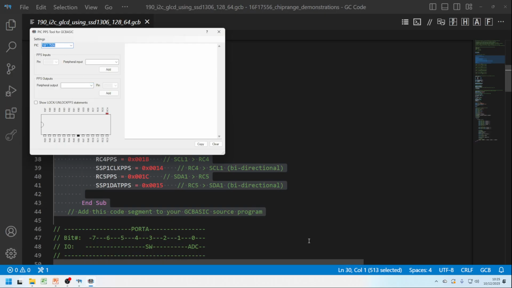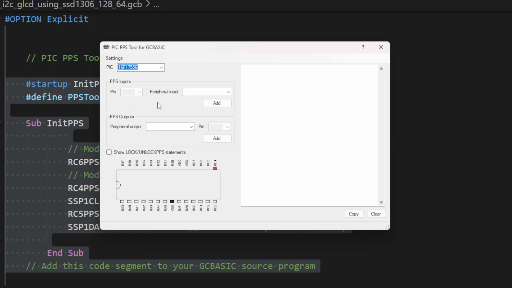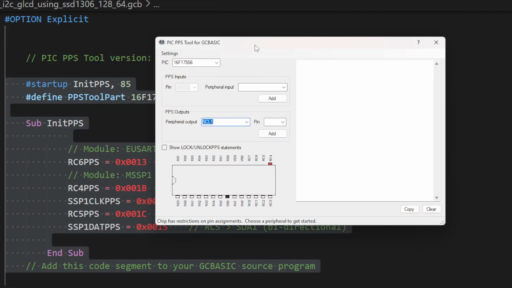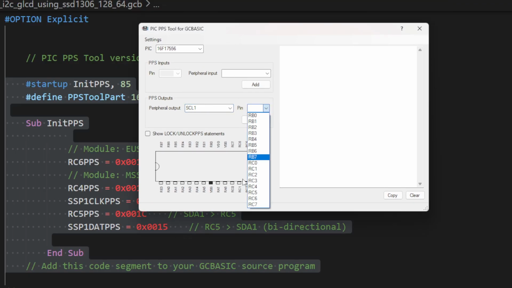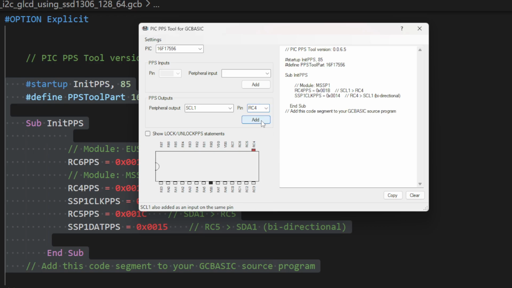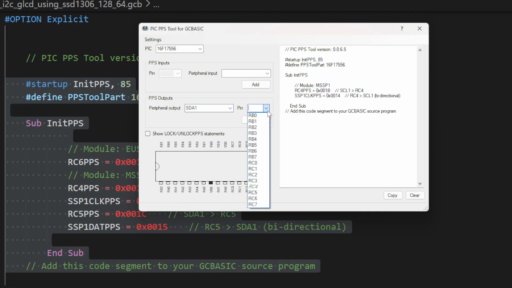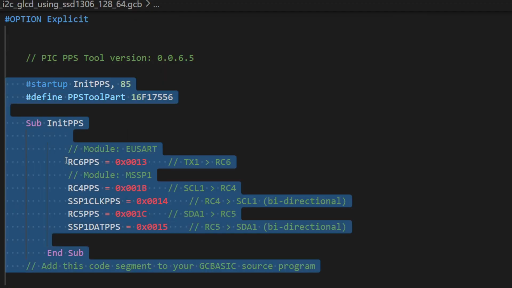and here's my chip selected. I'll zoom in for you. I'll bring that into focus. There we go. I'm using, as I said, the SCL on C4, looking at my diagram, and I add that in. The SDA one, that's on, I believe, C5. I add that in. Now I've got my code. You can add in the serial if you wish as well, but we don't need the serial. But that is how you add it. Copy that and paste that into your code. There we go. Paste it